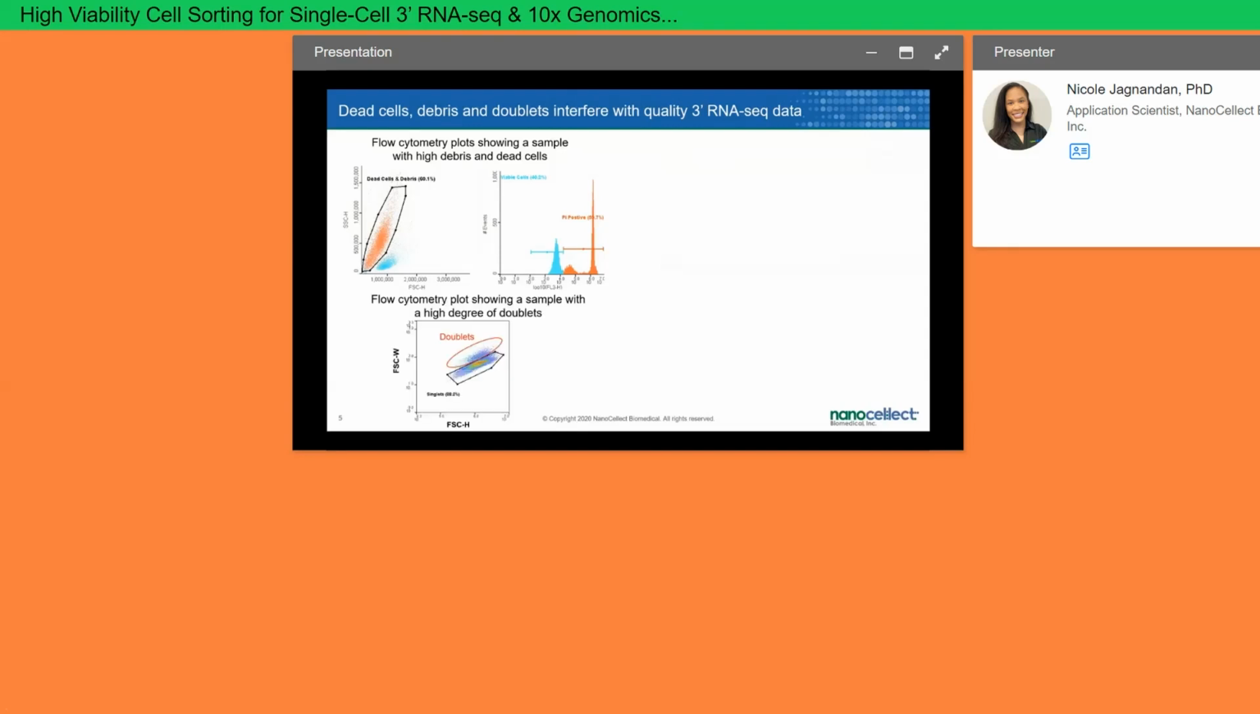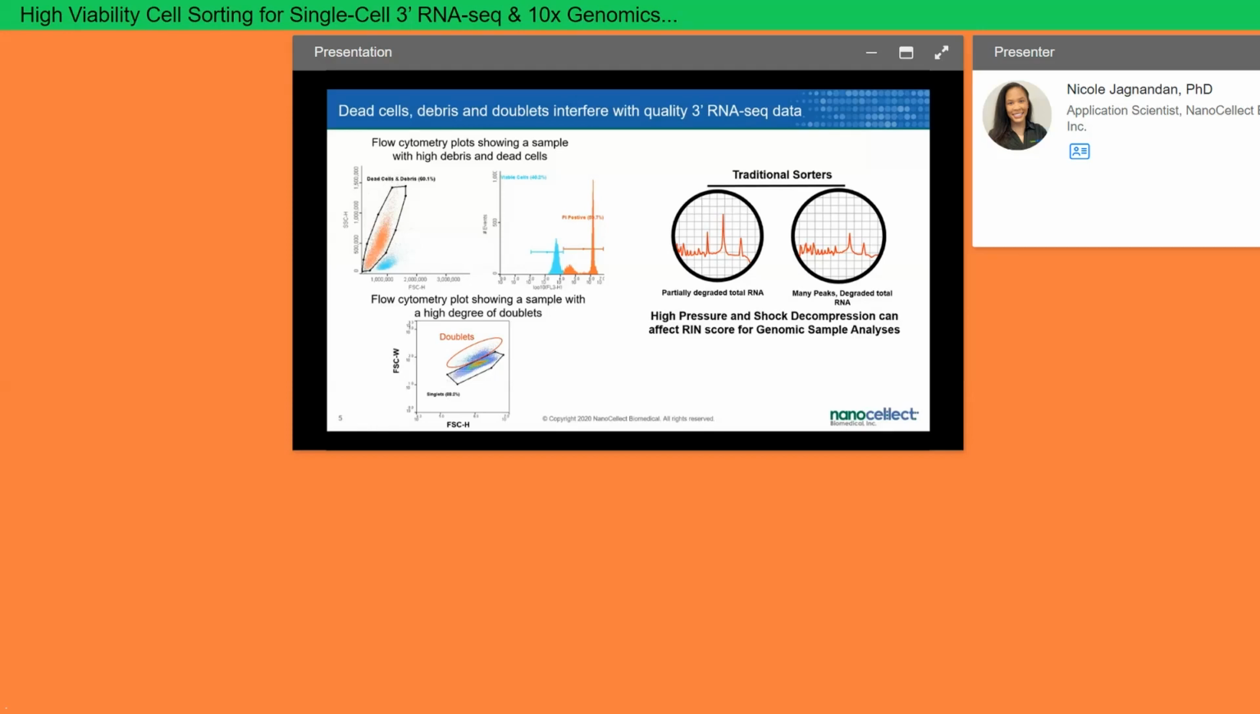Other users will also find potentially that their samples are quite sticky and can have a high degree of doublets. So doublets can induce false positives and cloud sequencing data a little bit more. Doublets typically in flow cytometry plots show up over here and can just make the data a little bit noisier also than it needs to be. So all of this with traditional sorters, knowing that